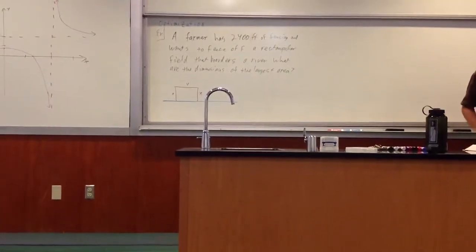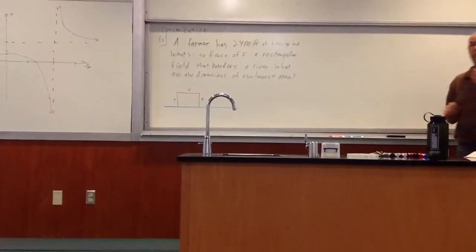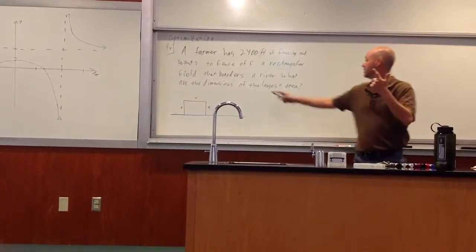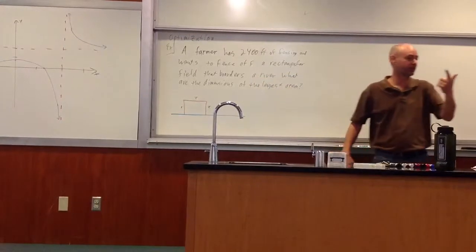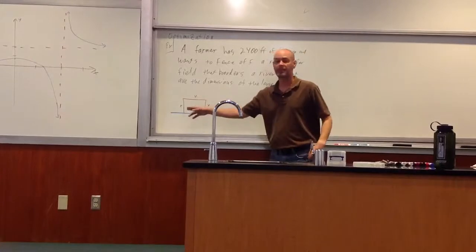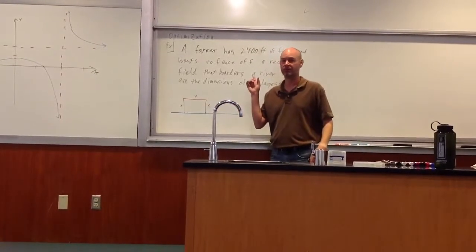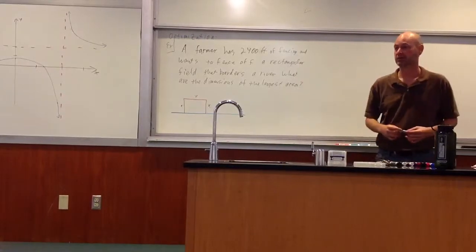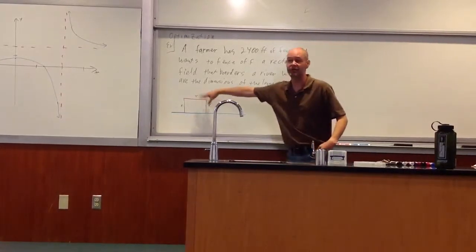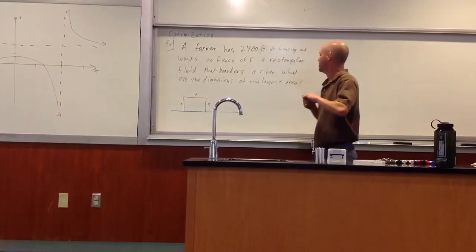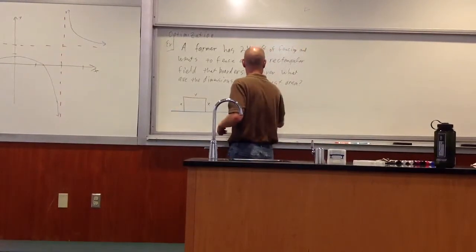There are two things going on here. We have area that's enclosed, and we have perimeter, right? Length around it. For sure, the perimeter has to be what? 2400. The firm wants to use it all. And there's lots of combinations that we could do to get 2400. Okay? So the perimeter